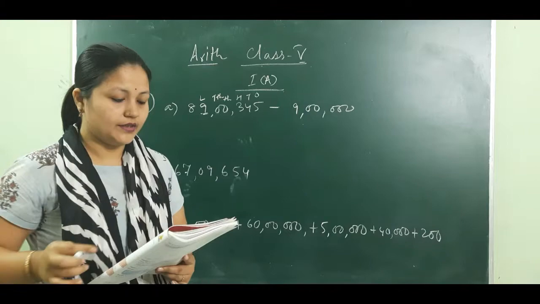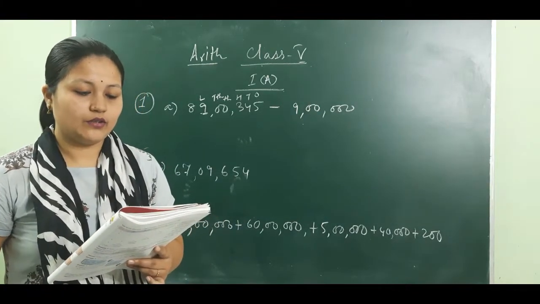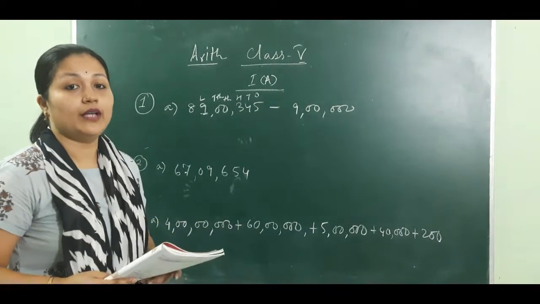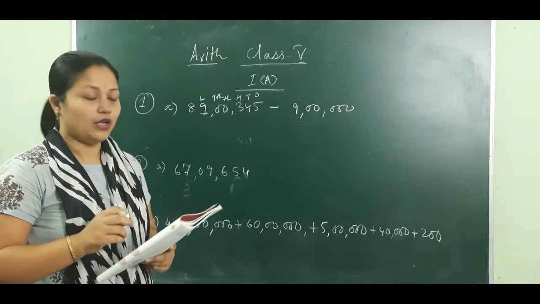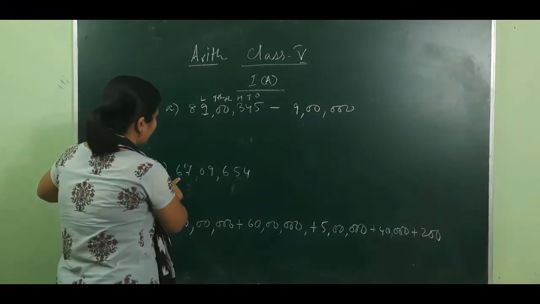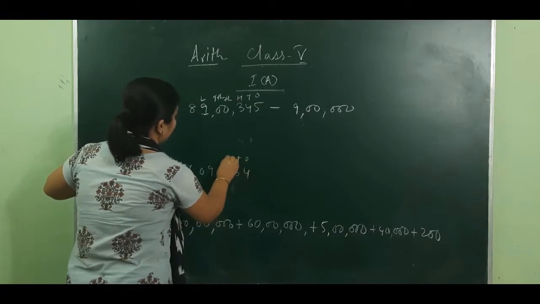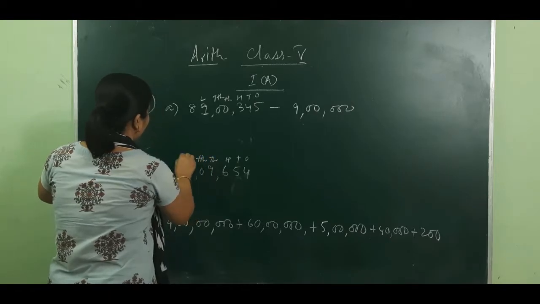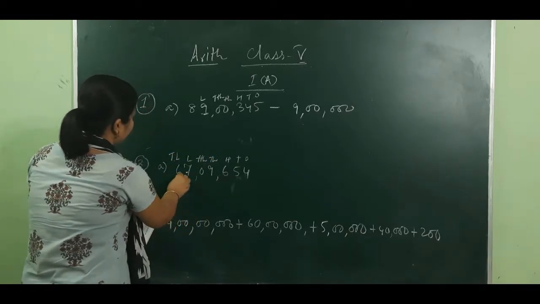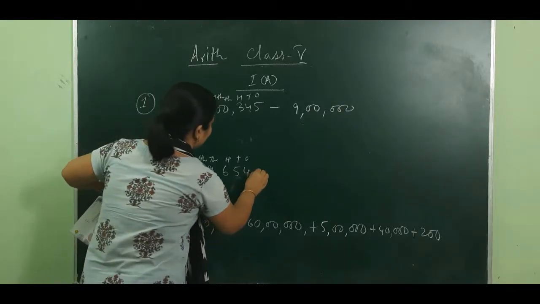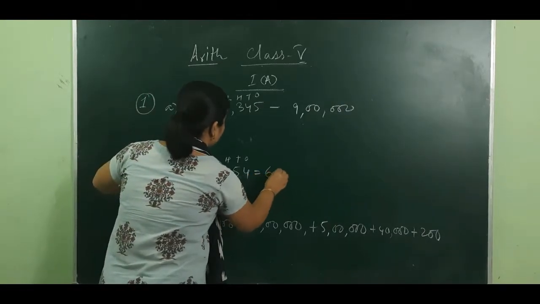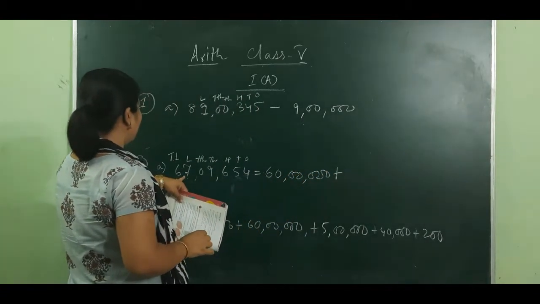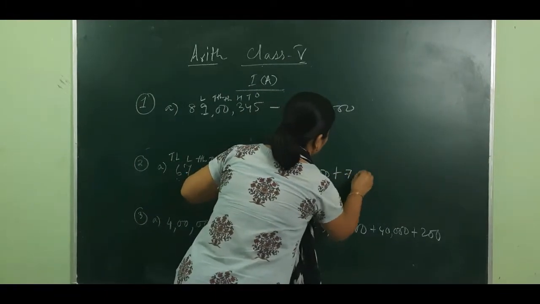The second question is, give the word form of the expanded notation for these numbers. So for these numbers we have to write them in expanded notation. As I showed you how to do it, you will see which place the first number is in: 1, 10, 100, 1000, 10,000, lakh and 10 lakh. So you can write 60 lakh. First you have to write in expanded notation 60 lakh, then 7 lakh. So 7 lakhs we will write.